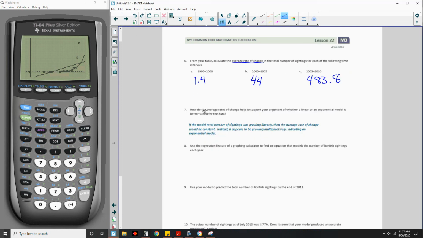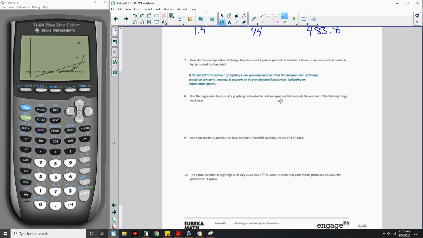Now let's answer these questions. So what was the equation? That's what it's asking. So if I go back and I go stat calc 0 for my exponential and press enter through, it's easier to see it on this screen. So there's my answer. So now I'm going to enter it down here. So my equation is going to be, for the exponential, it's going to be y equals